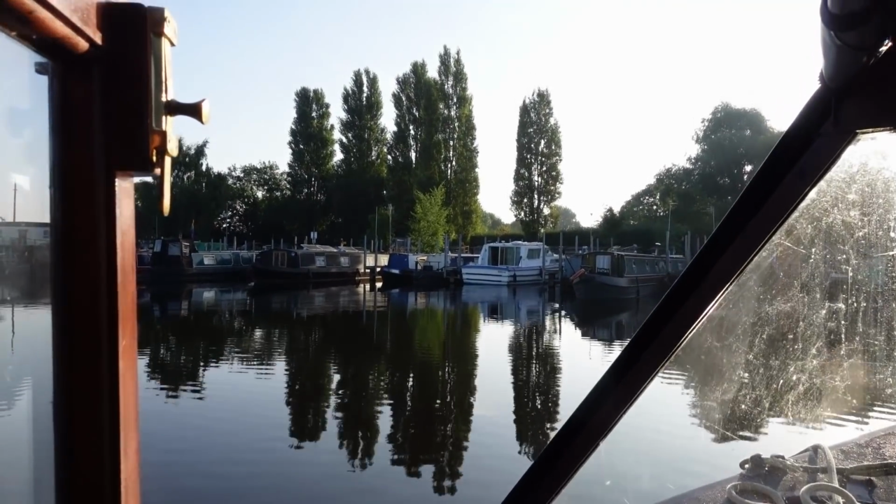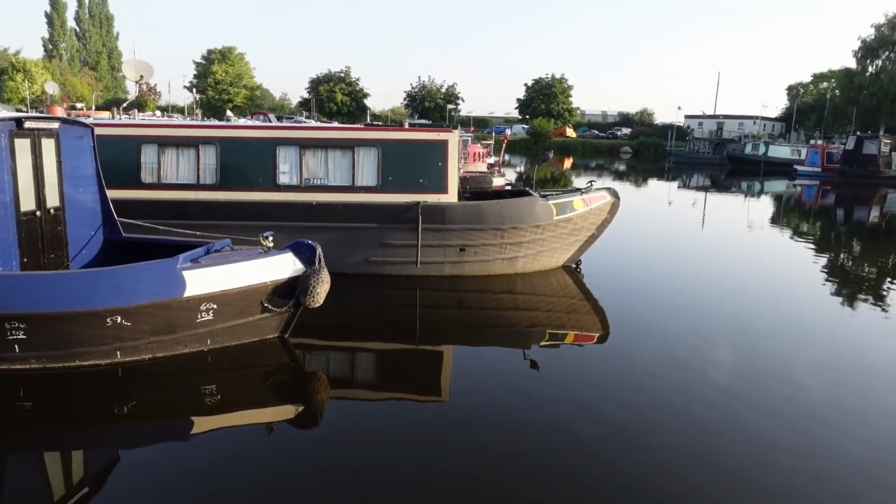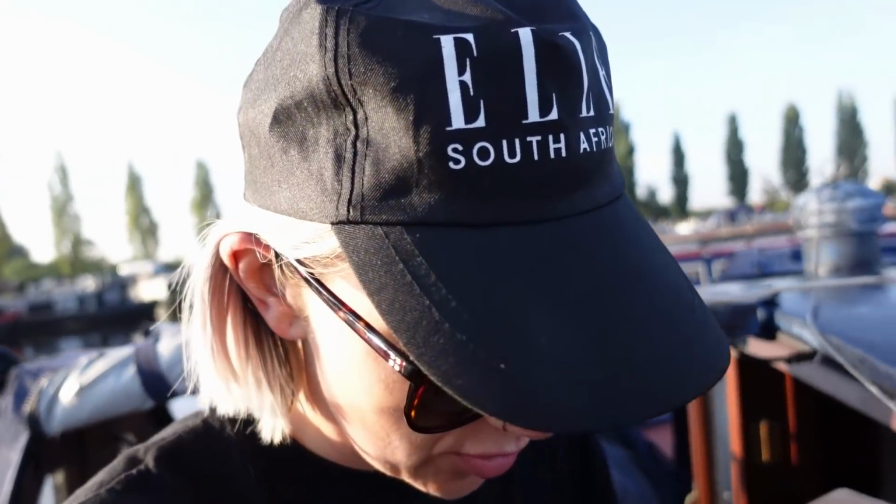Day 5, let's go. A beauty of a quiet, peaceful morning here at the marina. We are starting fairly early because these days run hot, so first port of call is just to wipe down